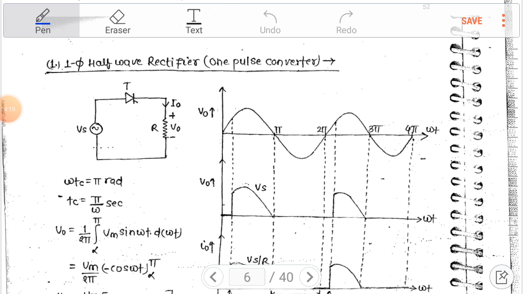So this was all the story about harmonic analysis. We have covered in this class the types of converters based on the number of pulses, harmonic analysis, and the effect of harmonics on the applications of power electronic switches. In the next class we will consider the single phase half wave rectifier, a one pulse converter. The half wave rectifier also consists of different loads, R load and RL load. We will consider all the phenomena of how it works with the different loads.